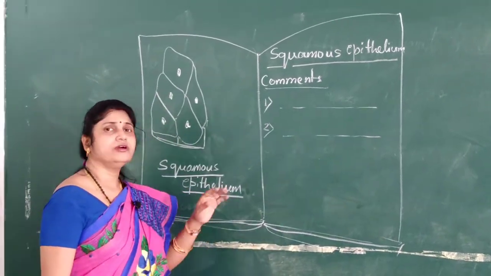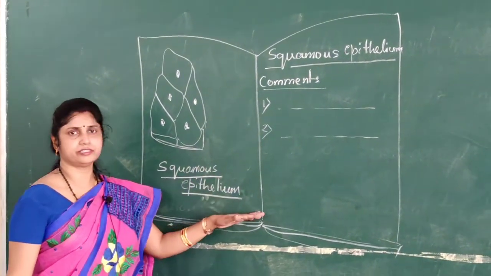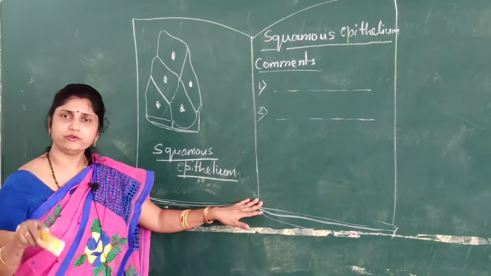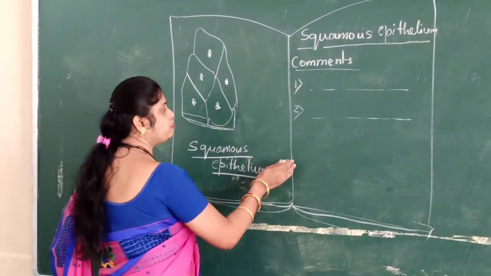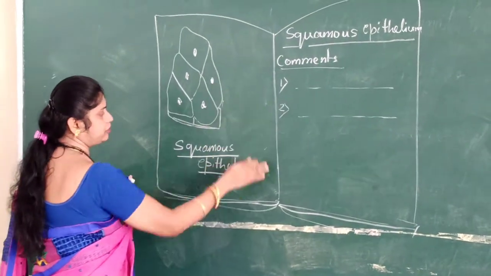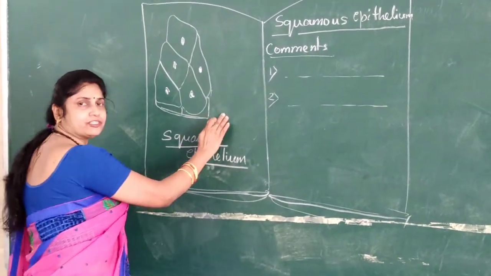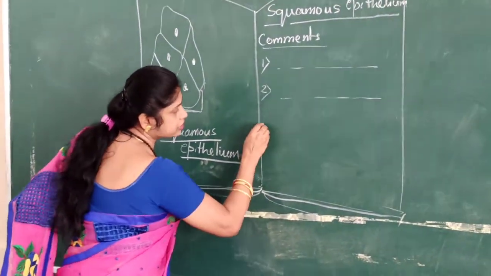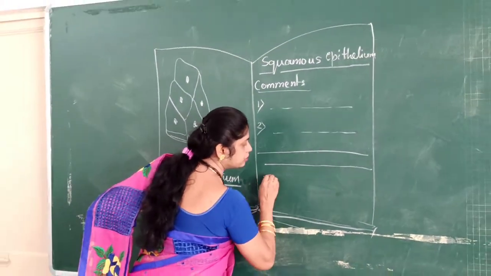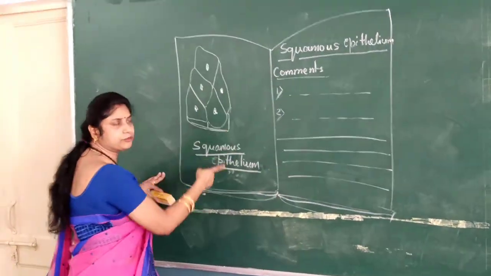Now you look at this diagram. Now when you are going to write in your practical notebook, you have to maintain one thing. Now suppose this is your practical page, that practical notebook. This is the left side of the practical notebook, this is the right side. This one is the ruled side, and this is the plain side.